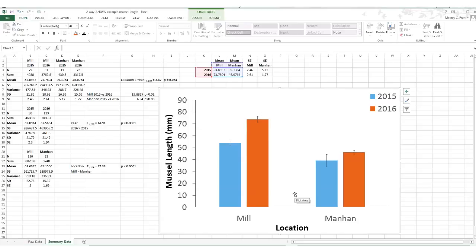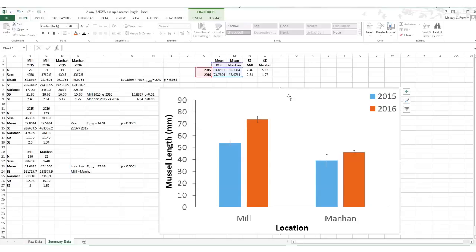So that's the gist of how to actually perform a two-way ANOVA. And what I would say in terms of these actual results is that what this is telling us is that in general, the mussels in the Mill River are a little bit bigger, or significantly bigger, than the Manhan River, and that in general, the mussels were larger in 2016, but a lot of that is really driven by this one value. And why the mussels are larger in the Mill River in 2016 isn't entirely clear, but at least it doesn't suggest at this point that there's any major negative effect from the